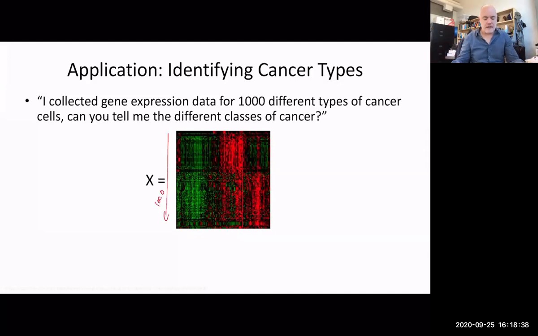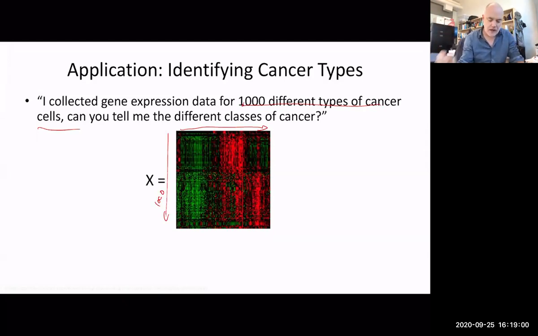So X, we're going to get X as 1,000 different types of cancer cells, and we get a whole lot of gene expression data for each of those cells. I don't know how many genes there are. I don't really know anything about genomics,